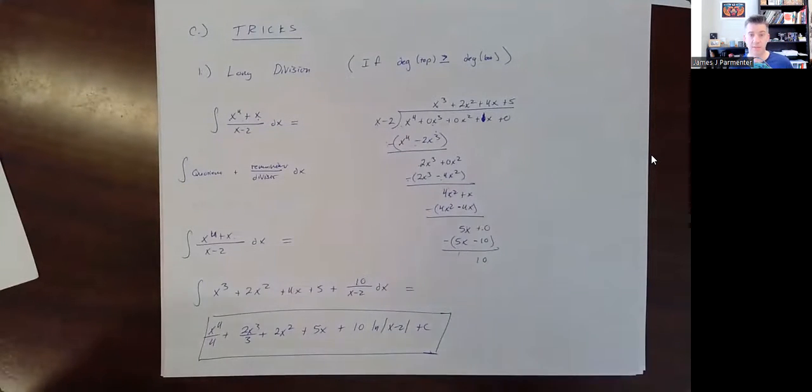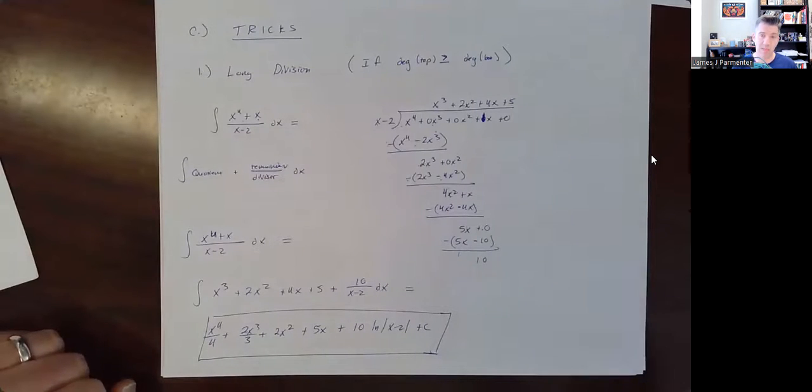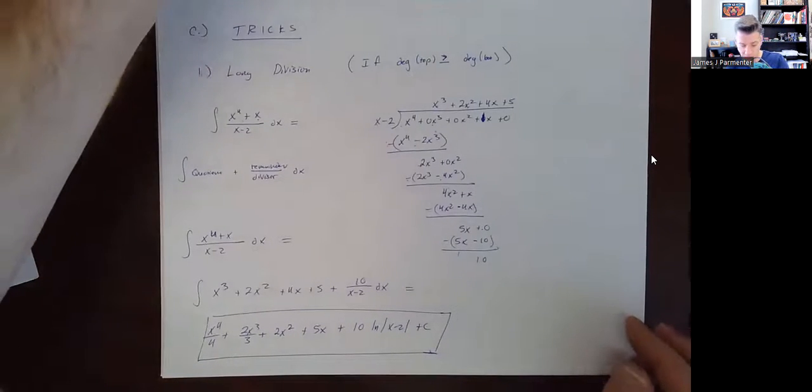A lot of the times with a long division problem, after that you'll end up doing a partial fraction problem, because the denominator will sometimes be more complicated. Let's look at one more example of long division, though. At least one more example that doesn't involve partial fractions, but one where the degree on top and the degree on the bottom are the same. So let's say we had something like